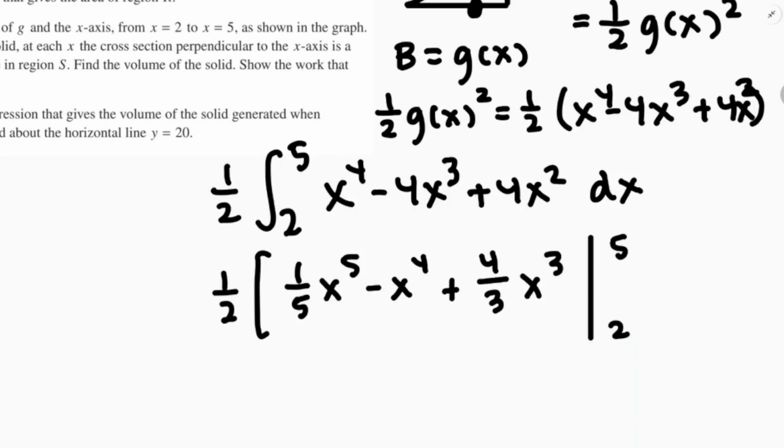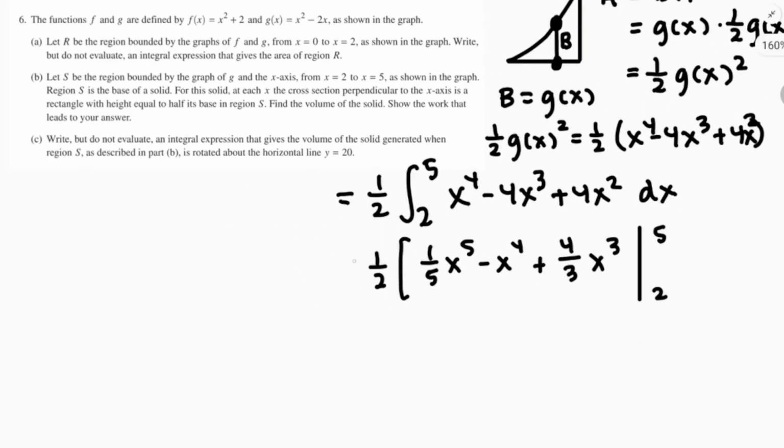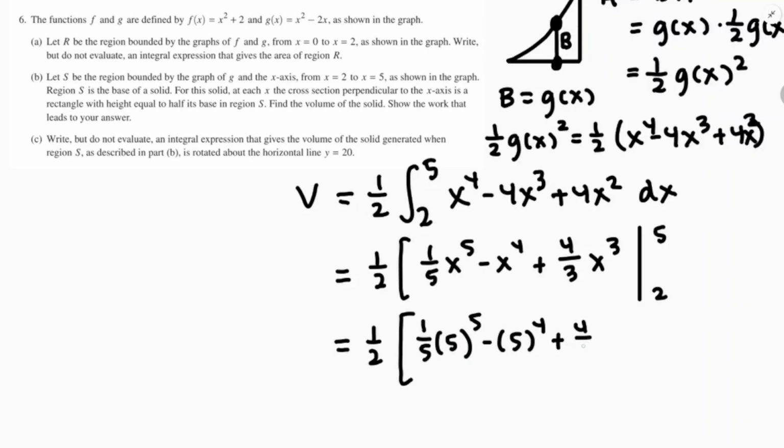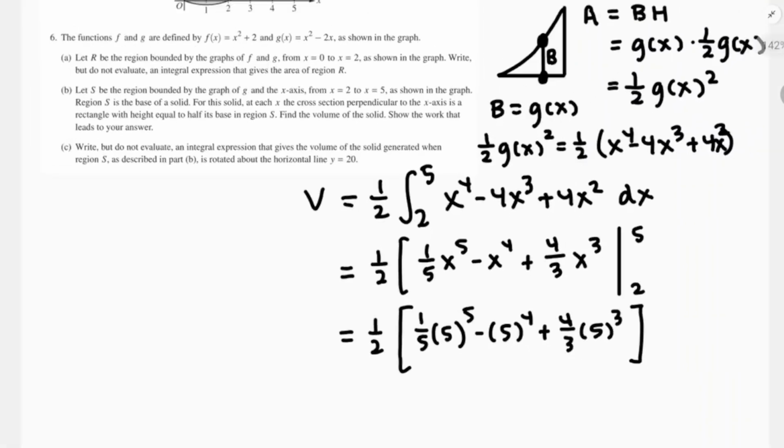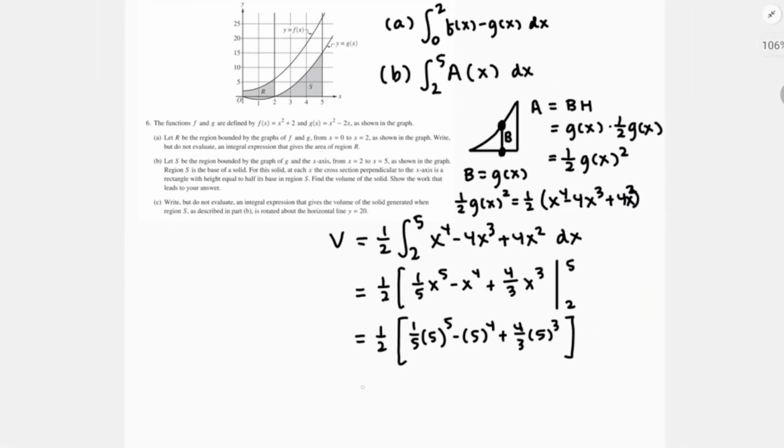From 2 up to 5, okay, volume is going to equal this, and that's going to be 1/2 of, when I plug in, 1/5 of 5 to the 5th minus 5 to the 4 plus 4/3 of 5 cubed. That's pretty rough as numbers go. Minus, I guess, 1/2. I'd have to distribute that in because I wasn't able to fit it all in one line. Maybe I should, though,